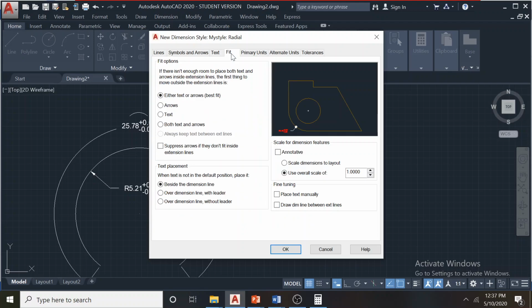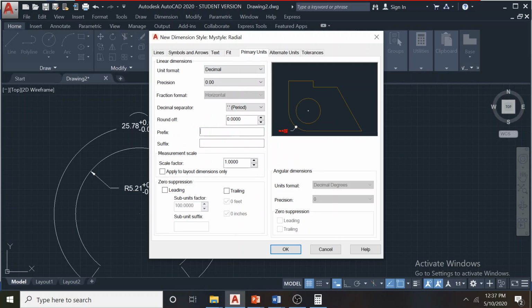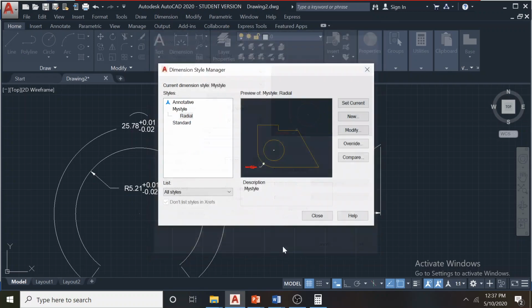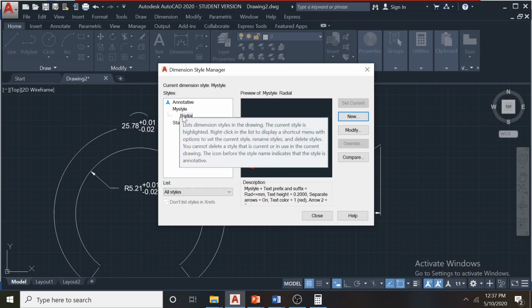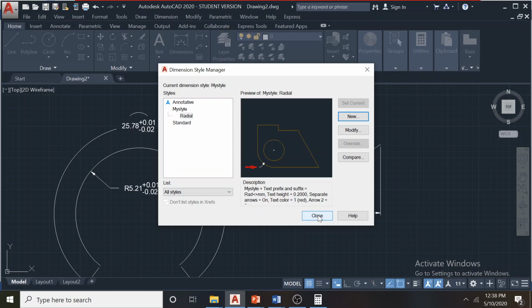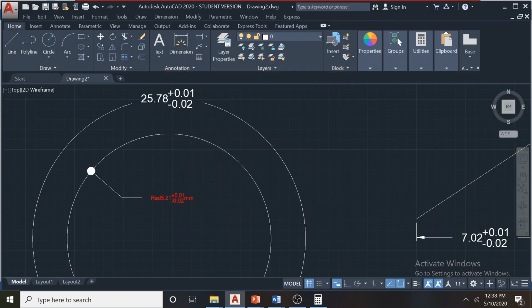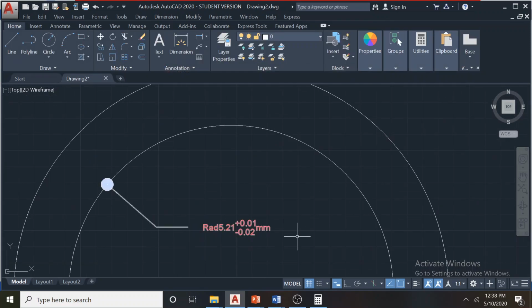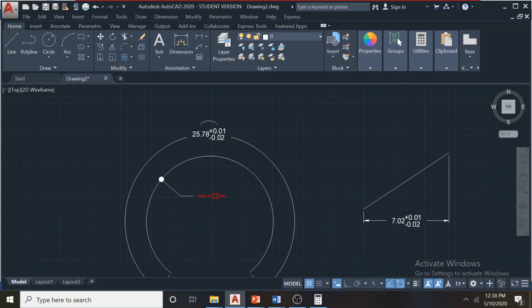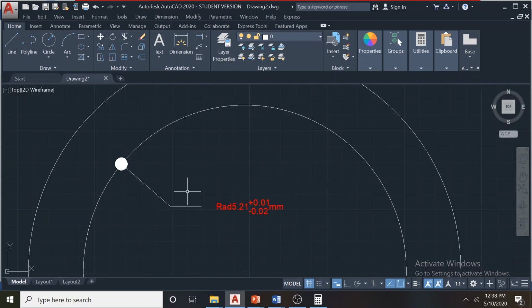Then fit diameter units. Here I can type radius and say this is in millimeter. So if I do these changes now, this change is coming only for this radial substyle, and press OK or close. You see nicely it's going to change. Only that dimension is going to change. So the radial dimensions